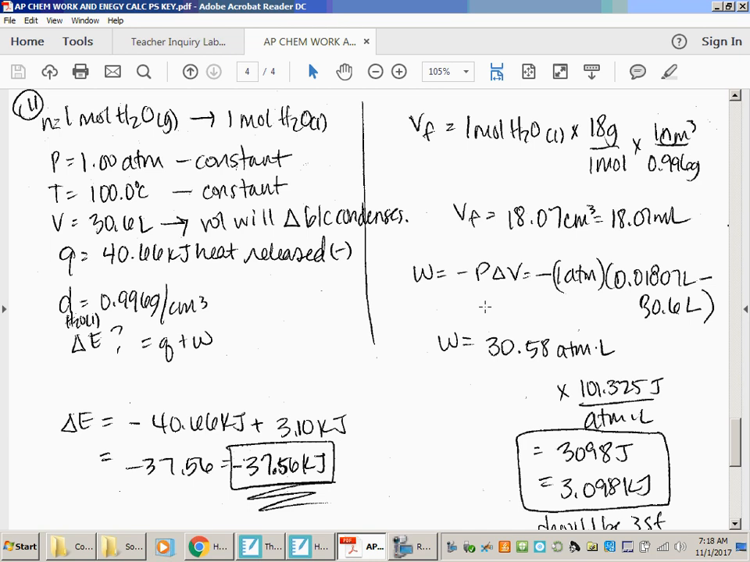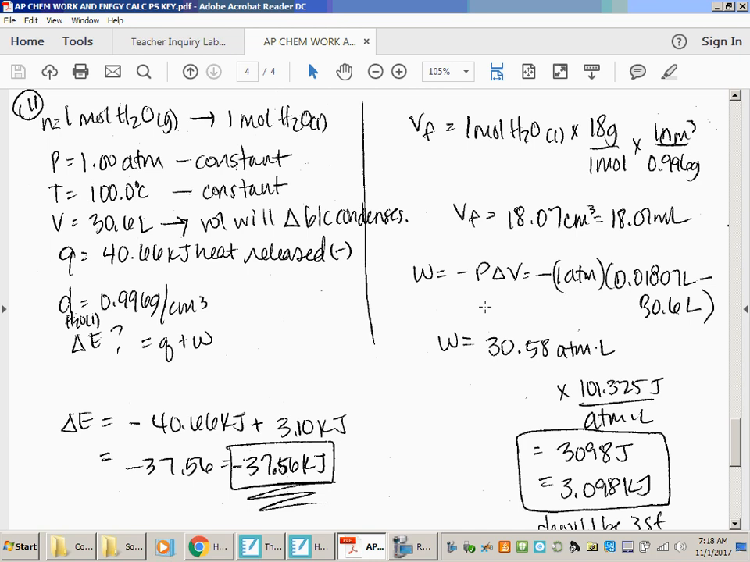So you can take the mole of water, use the molar mass to get to grams, and then utilize the density to get to a certain volume, which is the final volume. So 18.07 centimeters cubed is the same as 18.07 milliliters for water. We're going to use this as our V final. Since the initial side is in liters, the volume has to be in liters as well. So we'll take volume final minus volume initial times the negative P,